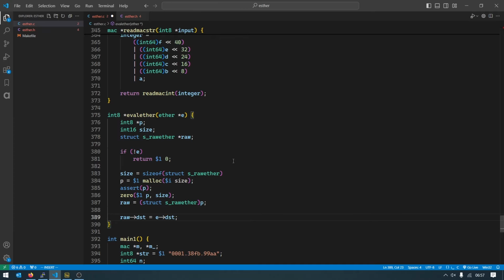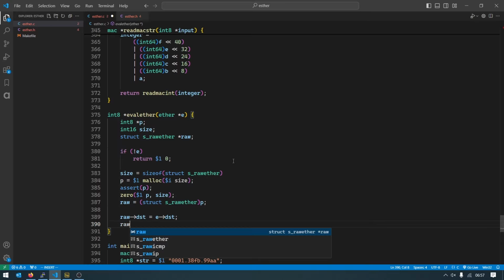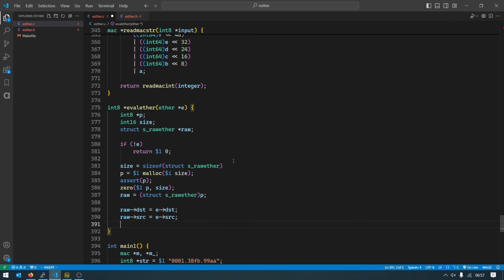I think we can do it like this. Let's try anyway. And the raw source is going to be the e source. And the raw type is going to be